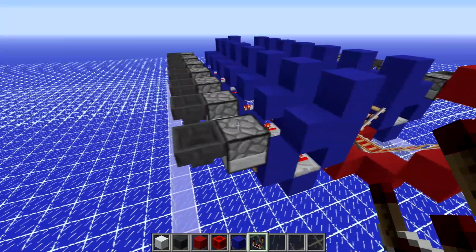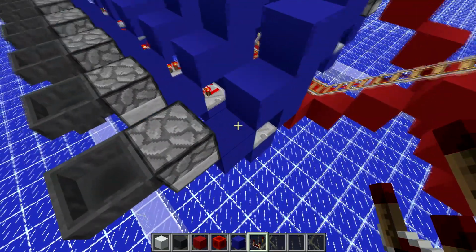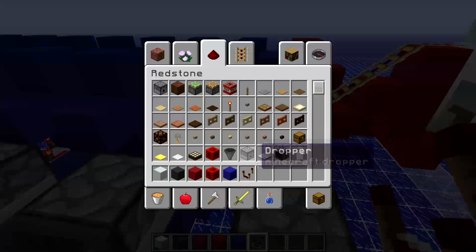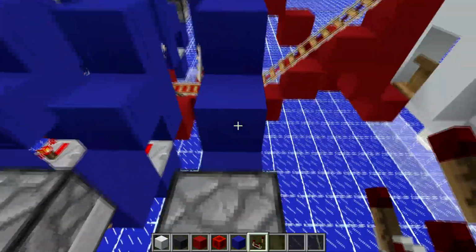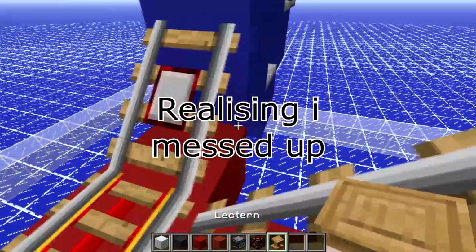When that's done, you can whip out your comparators. When you're done placing all your hoppers, you can whip out this thing, the redstone comparator, and place it facing out of the dropper. Now that you've still got...